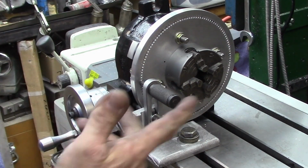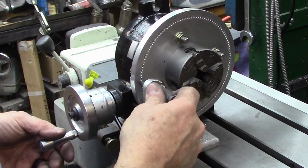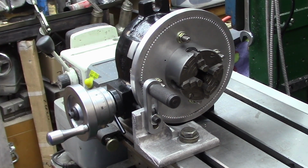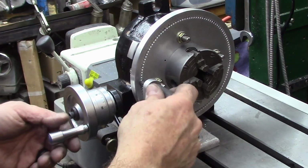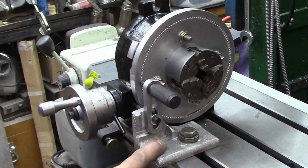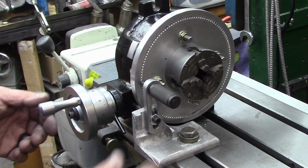I still don't have gear cutters. I don't have a blank cast for a 127 tooth gear yet, but when we get those in, I will shoot some video of that and show us cutting the gear. I've got to cast the gear blank too while we're going. But by the time you see it, we'll probably take this bracket and clean it up a little bit more and probably powder coat it black to match the rest of the rotary table, because this is what it goes to,